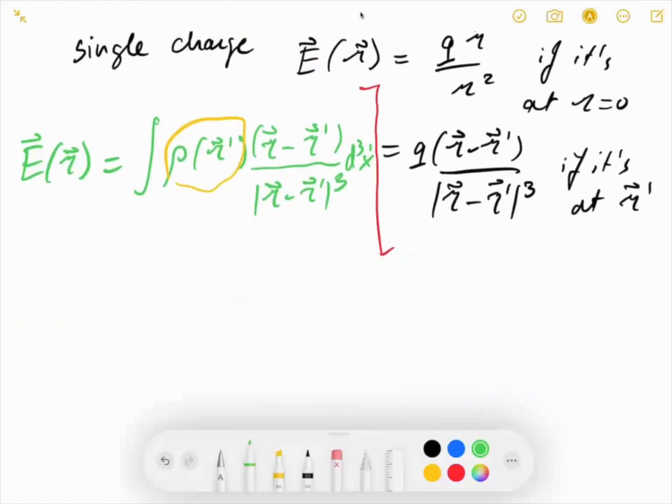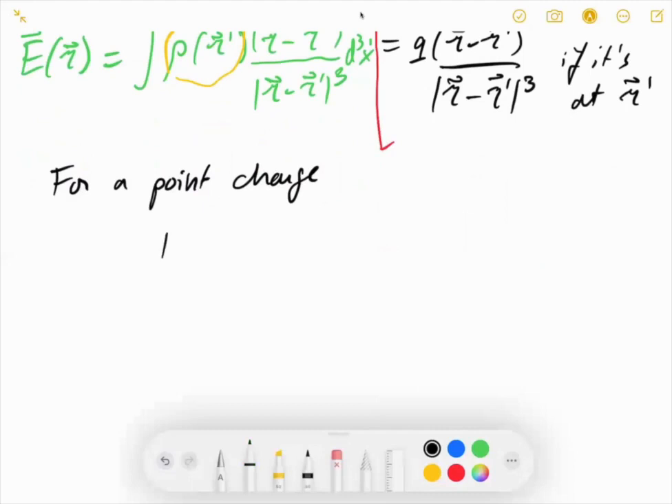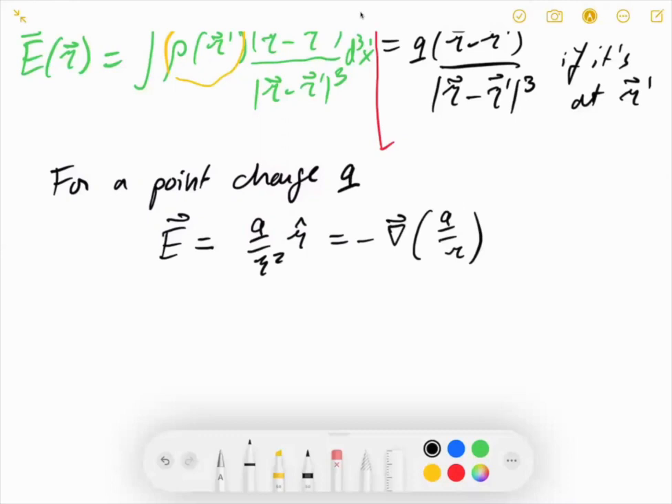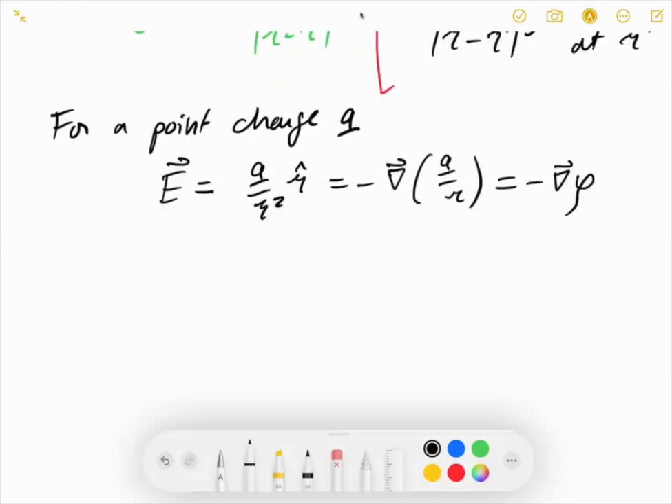Now, for a point charge, you can say that if we know the electric field, it's some Q over R squared R hat, we can actually write that as minus the gradient of Q over R. If you work out your math, you'll see that you're absolutely allowed to do that. And what that means is that is actually minus the gradient of phi,